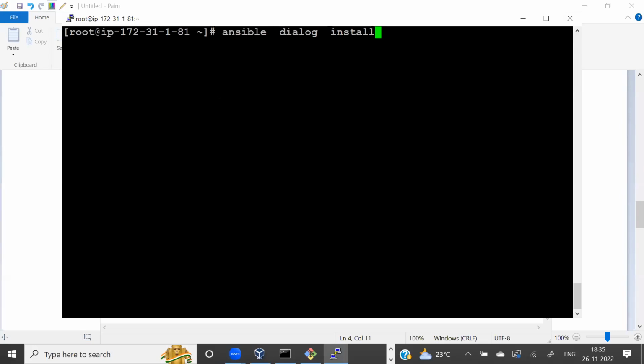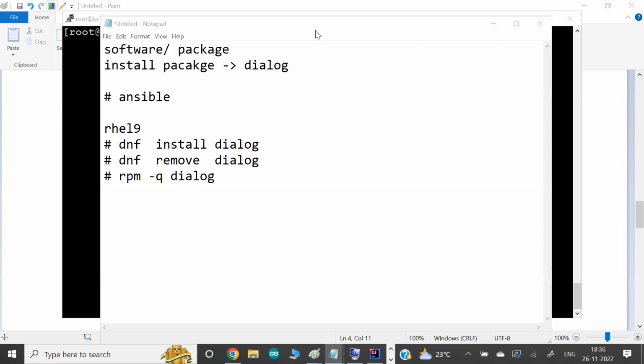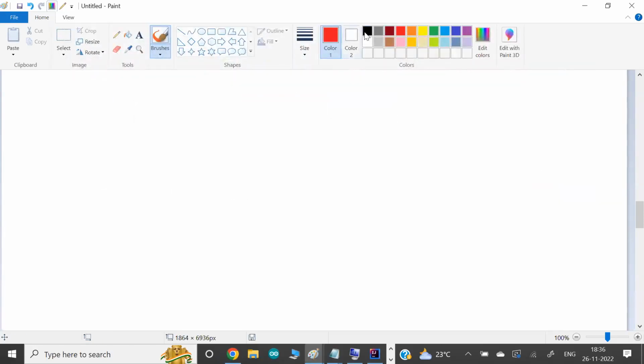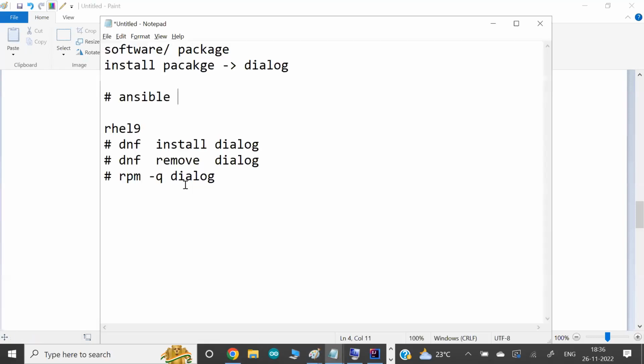But here, Ansible will ask you one thing: what are you looking for? You want to install something called Dialog, but how do I know what Dialog is? Can you elaborate a little more? Is Dialog software, a file, a folder? Obviously, if you ask Ansible to do something, say hello, you have to tell it what hello is: data, a file, a folder, something you want to create, or software you want to install. So you should specify very clearly.